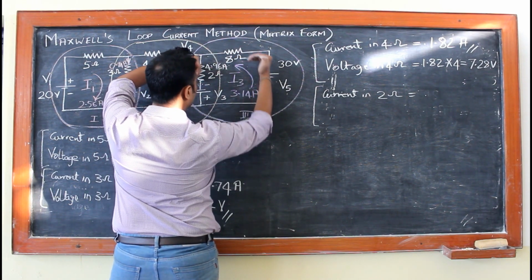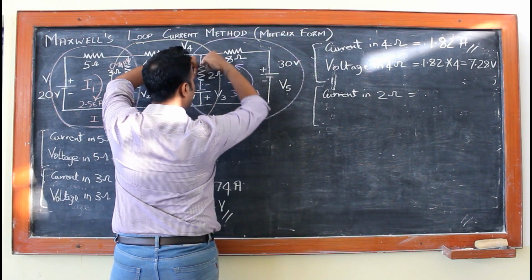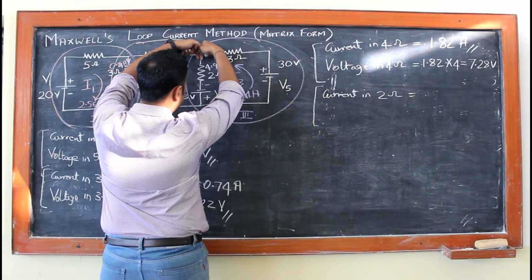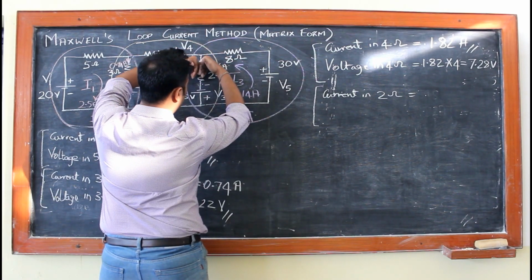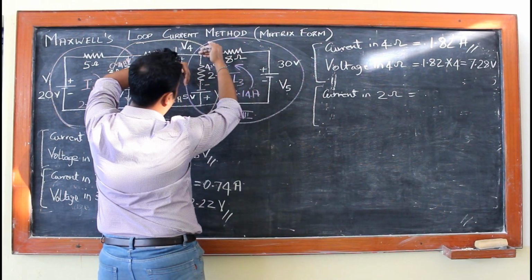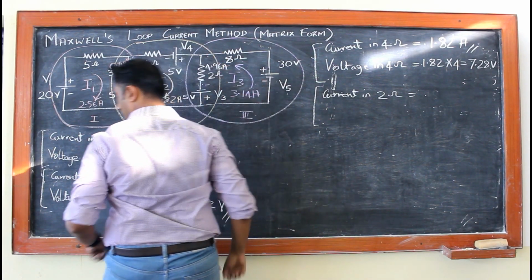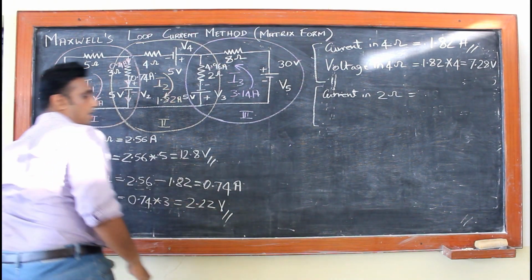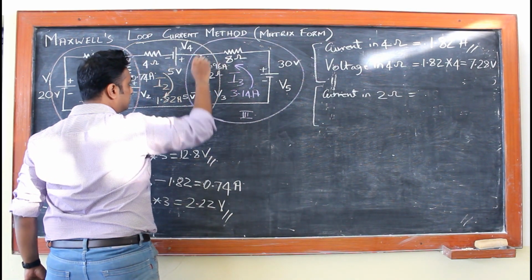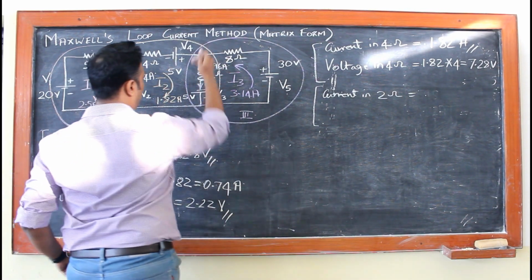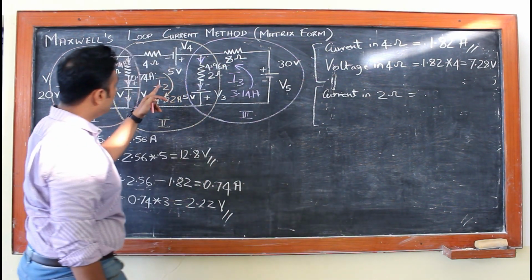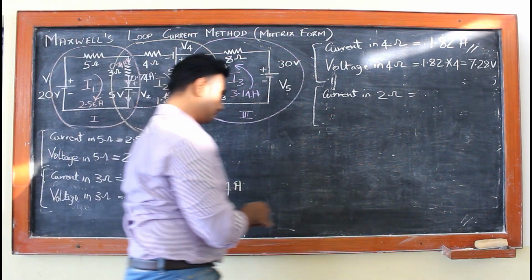So I have I2 plus I3. Here it will be an addition, because I have I2 current and I3 current adding and going inside this 2 ohms resistor. So it will be I2 plus I3. Direction will definitely be from top to down because it is adding up. So current in the 2 ohms resistor will be I2 plus I3, which is